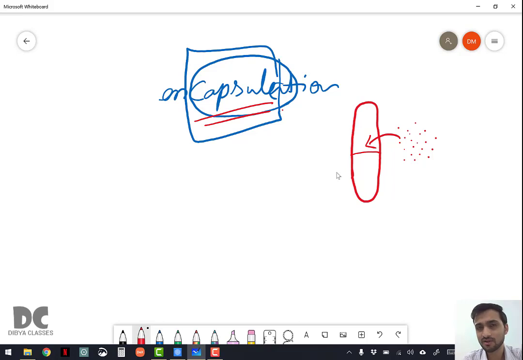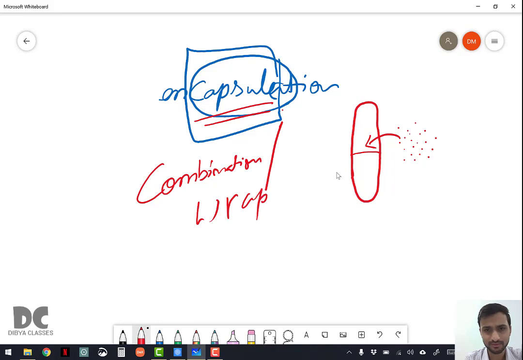So sometimes the definition is also the wrapping up of data and function into a single unit called class is known as encapsulation. So combining or wrapping. So what is wrapping? You wrap a gift with shining papers to give this gift to someone's birthday or someone's marriage party or something like that. So that is called wrapping. Wrapping means covering. It is basically covering.